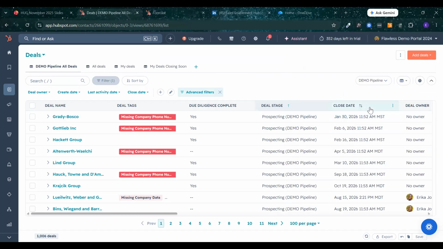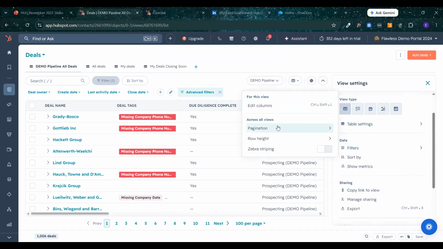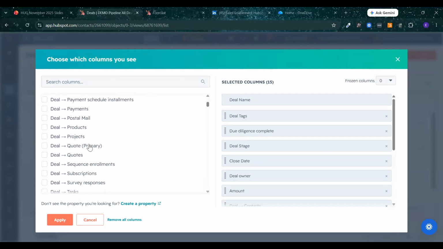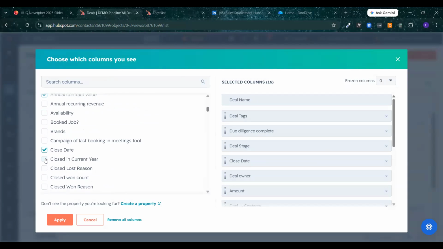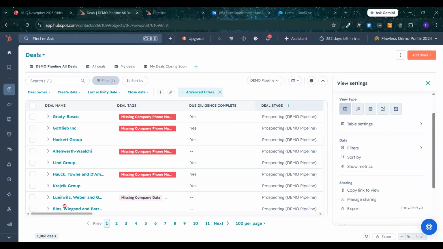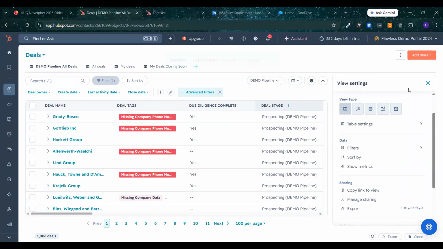And then if you want the columns to be different, you can do that. So you can go into the settings and the table settings and edit the columns and then add in any columns that you want, apply that, and then when you save it, they're all down here now, that will only save for that view.